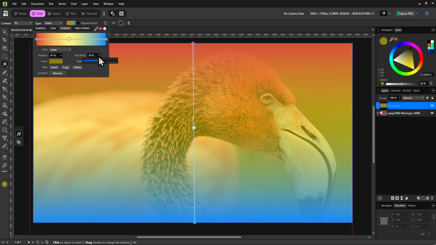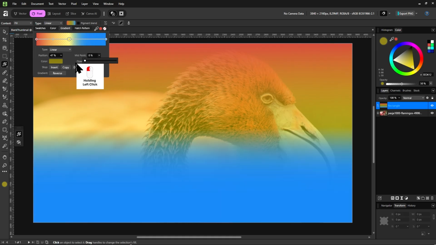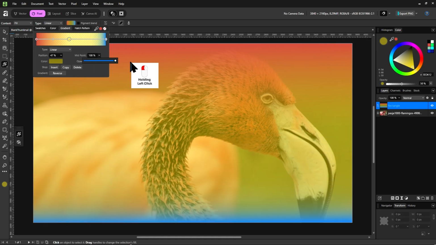Oh, and we can change the midpoint, which is basically where the stop is between the first and the last stop. Makes the stop shorter or wider.